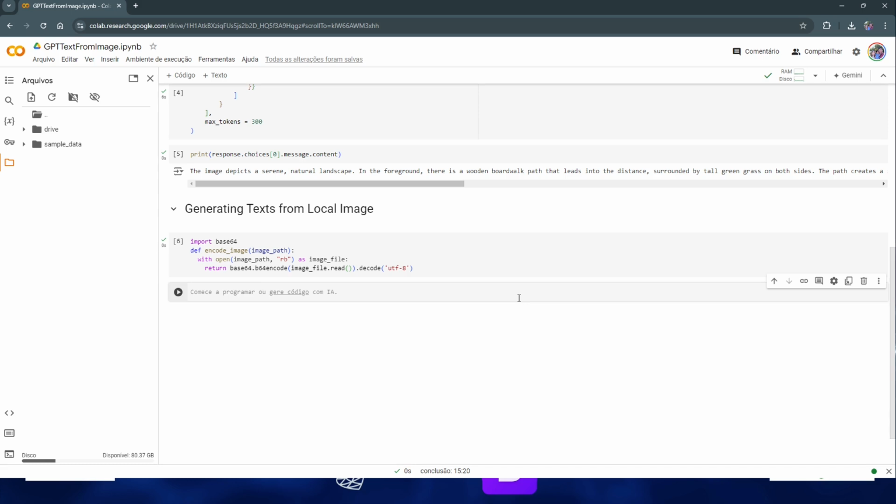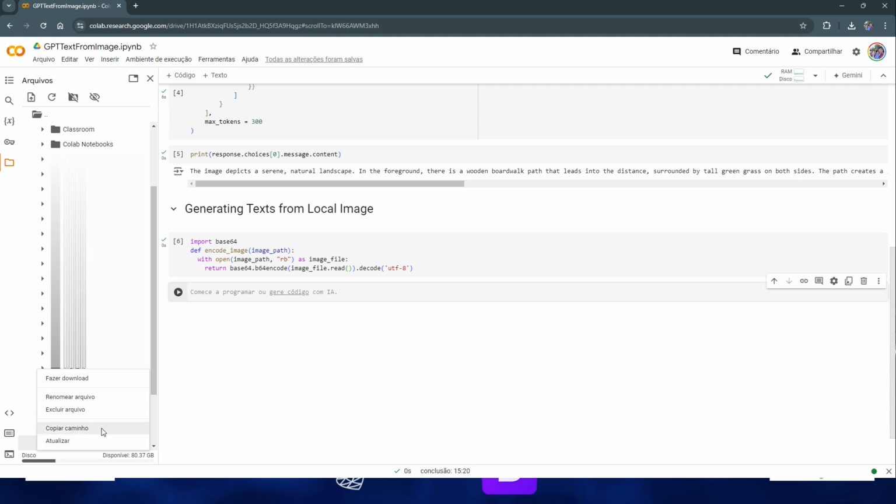Once your Google Drive is connected, you will be able to see the Drive folder. Look for your file. In my case, it's located in Drive, My Drive, underscore temp, image2.jpg. Click in this right button and choose the copy path.